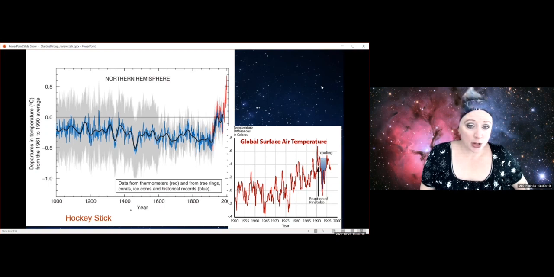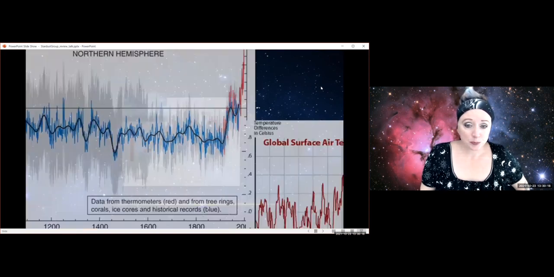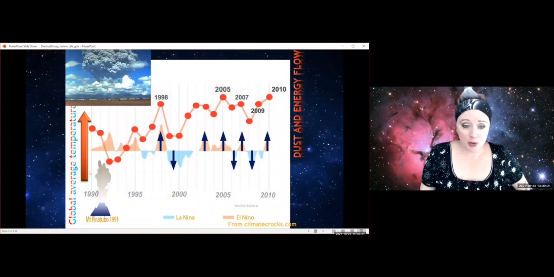And so knowing about what dust is made of is really important for understanding its effect on different places in space. This is just another view of that same idea. So here we've got a more schematic version of it. Here's Mount Pinatubo, and you've got this drop that is happening because of Mount Pinatubo. But really what we care about is that all of this ash that's going up into the atmosphere changed the energy flow. Now we're way past the effect that had.